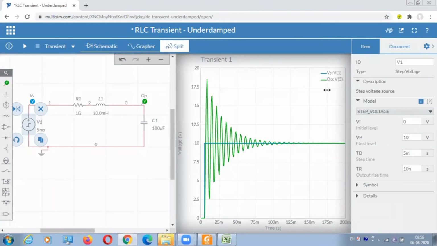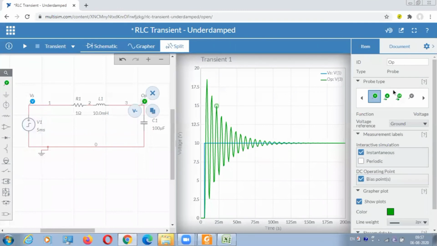This is a voltage. Okay, since I have connected voltage over here and capacitor at steady state will be what? Open circuit. You can see the voltage at steady state is reaching 10. So capacitor maximum voltage, it can hold the source voltage 10 volt. So it has reached a steady state of 10 volt. Okay, please remember all these things.